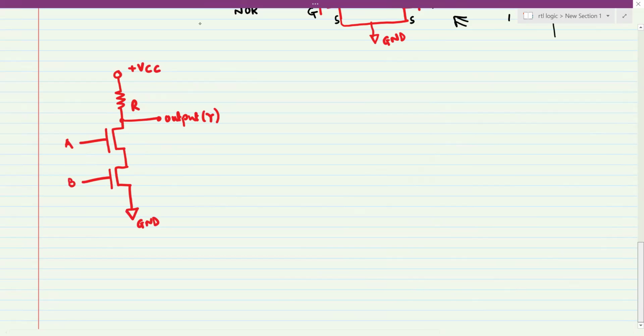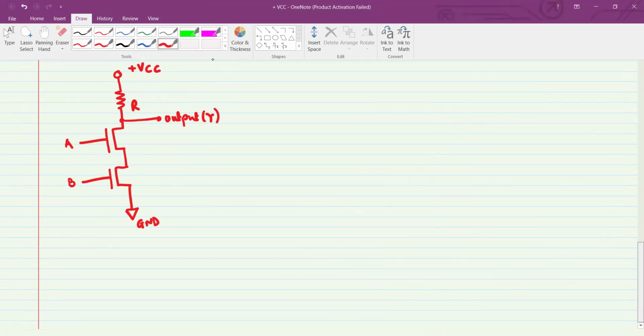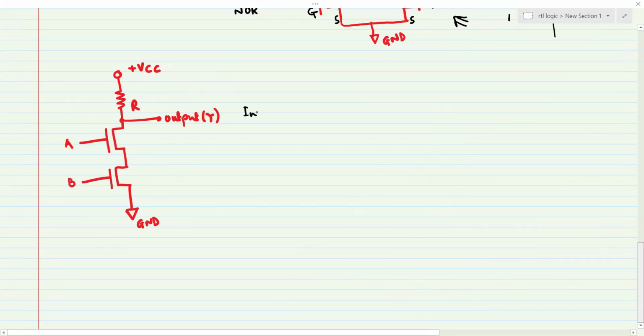Try here. So for that, let us say your input is right over here, A and B. Your output is, let's say, Y, and then try 0 0, 0 1, 1 0, 1 1, and try applying